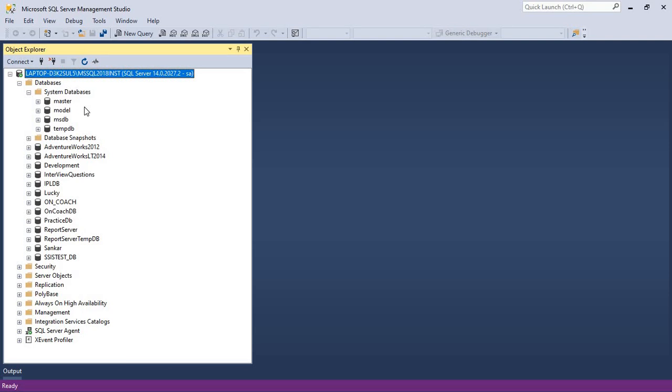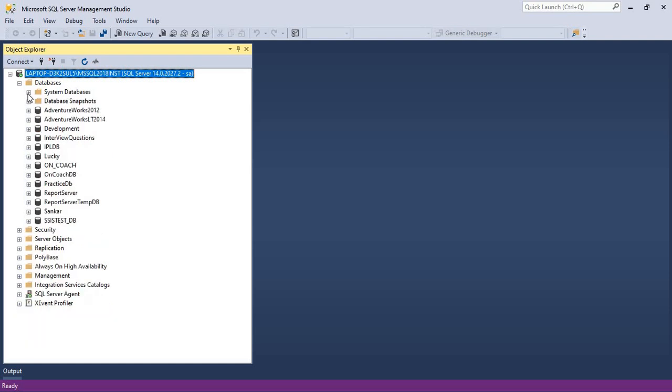These databases are used for the configuration of our SQL Server. Without these databases, you can't connect to the database server. Later on we can discuss these system databases.